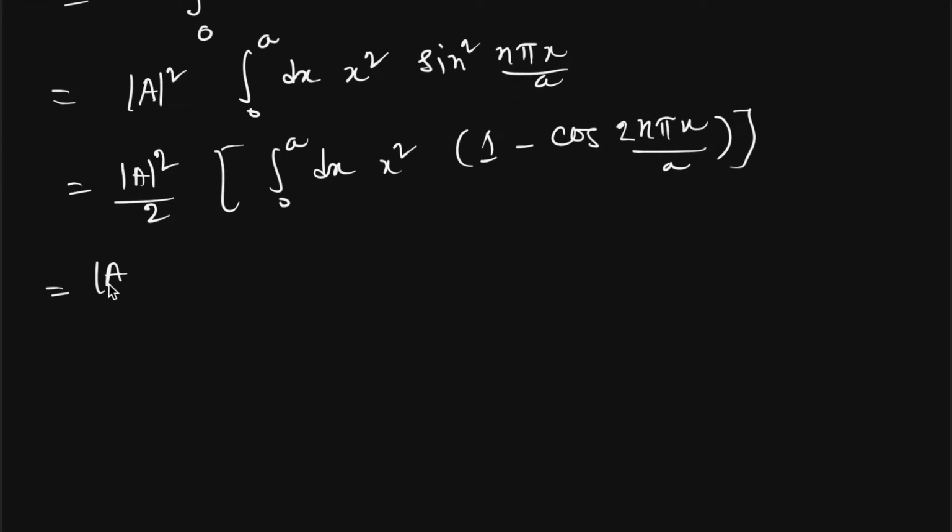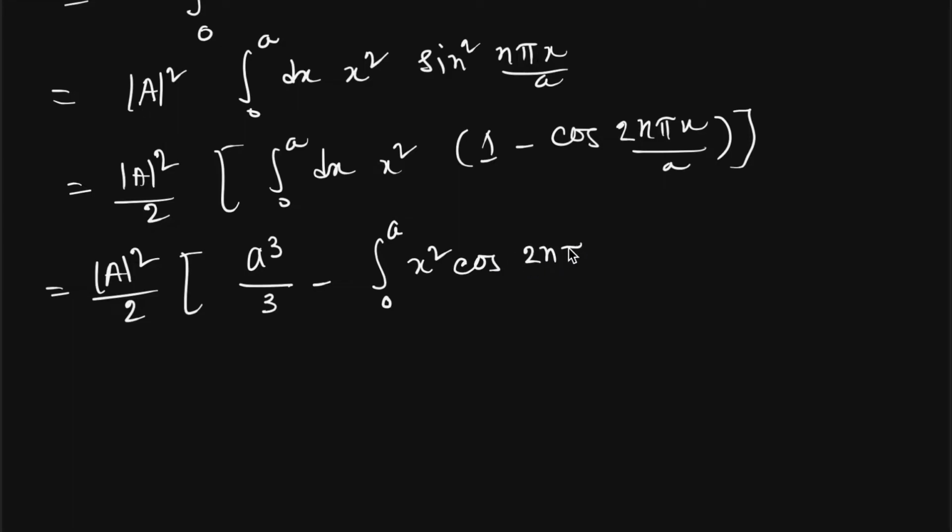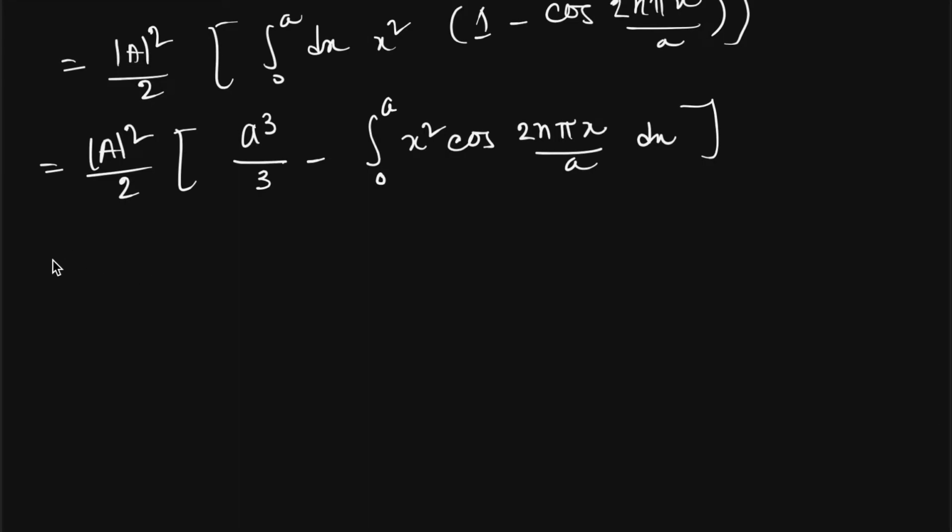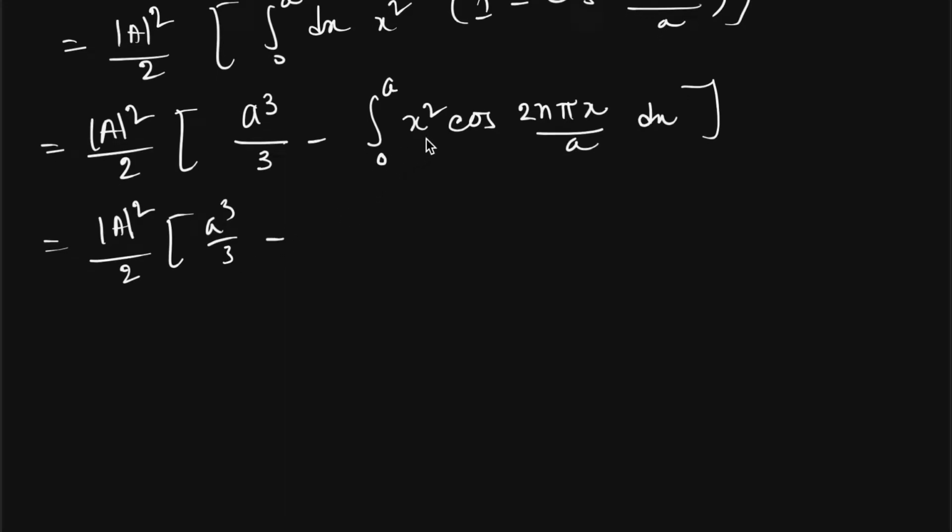That means |A|² by 2, this will be: the first term will be a³ by 3, minus the second term, which will be the integration from 0 to a of x² cos(2nπx/a) dx. Let us calculate this by parts. So |A|² by 2 times a³ by 3 minus that, which will be